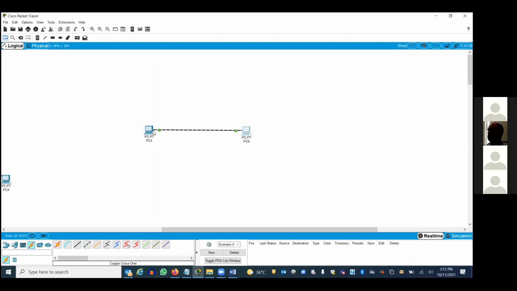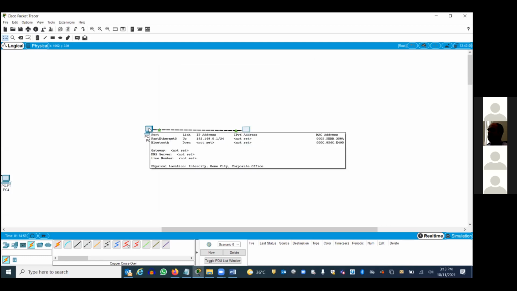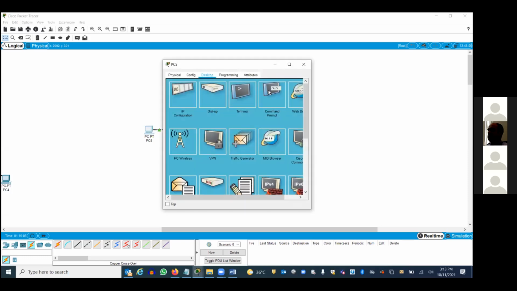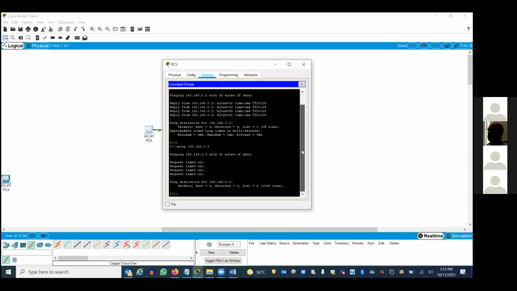Clear? Also, you can see the IP address of your PC. Which command? Go to the PC, Command Prompt. We have a command called ipconfig.